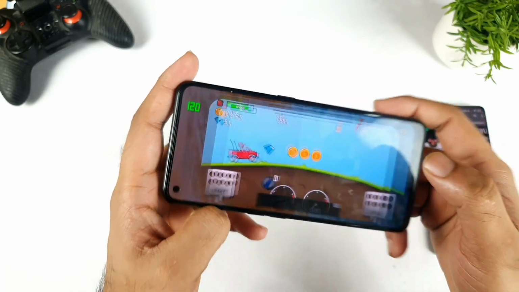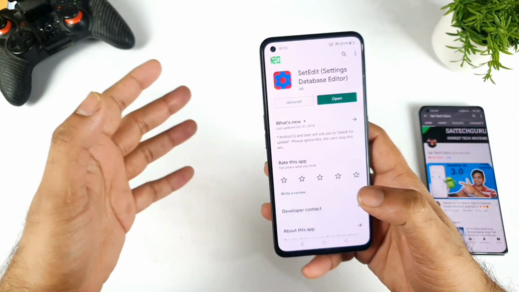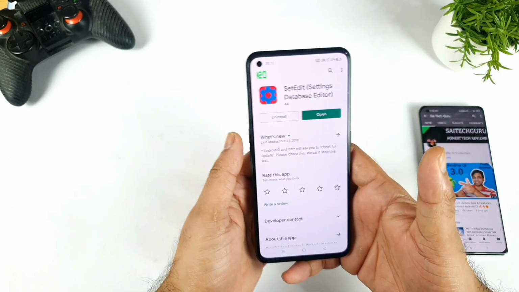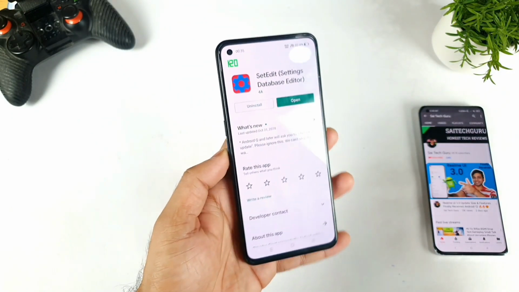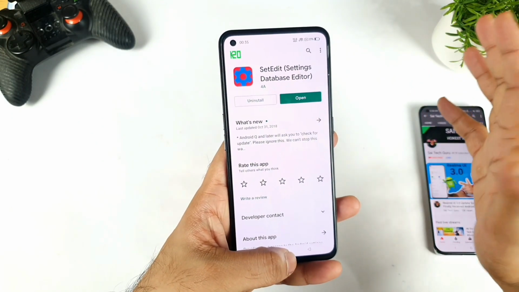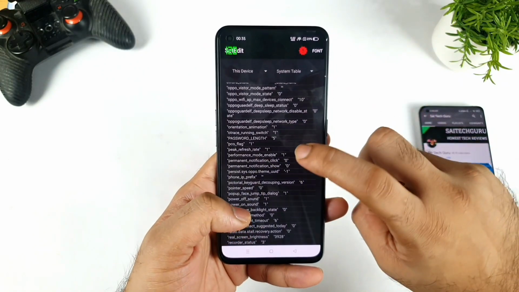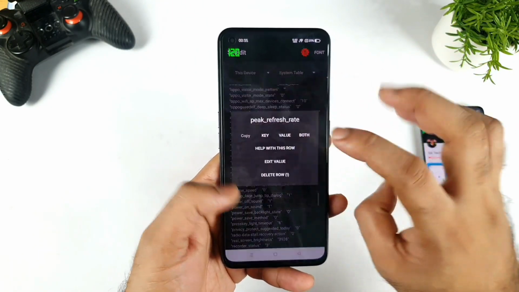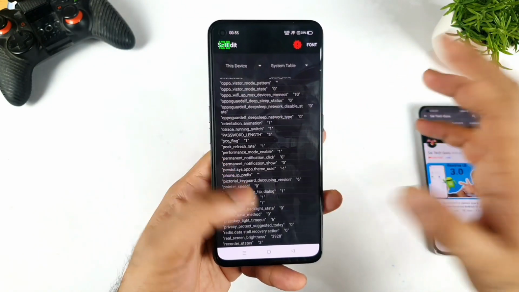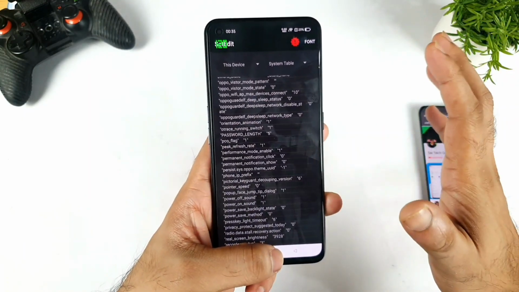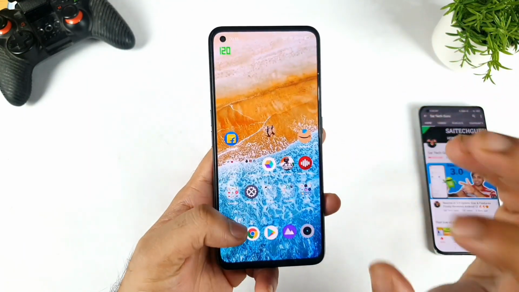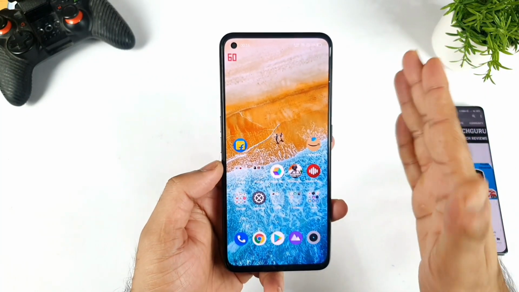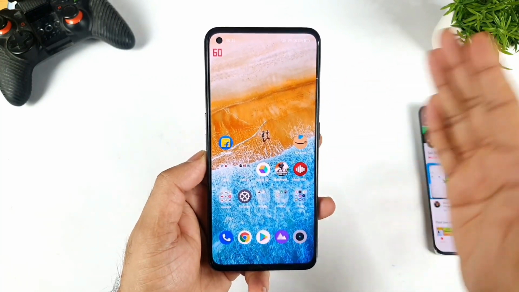If you ask me, is it a trustworthy application? I would say I've used this application on plenty of other smartphones before, so there are no issues for me, unless you miss any of the rows or columns. Don't click and delete any row, don't do that. Nothing will happen, but whatever the problem is, try to restart the device. Always restart the phone and the problem will come back to normal.